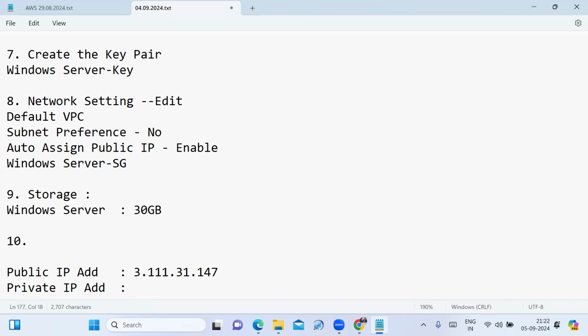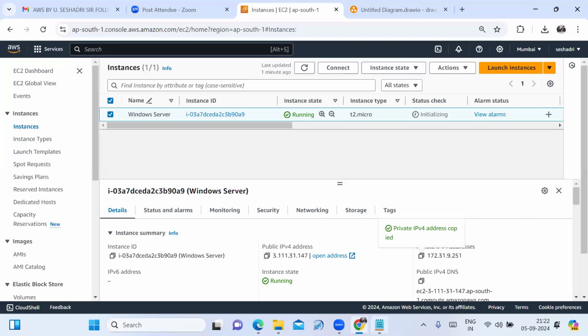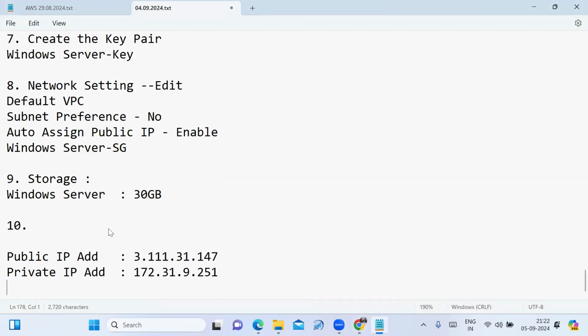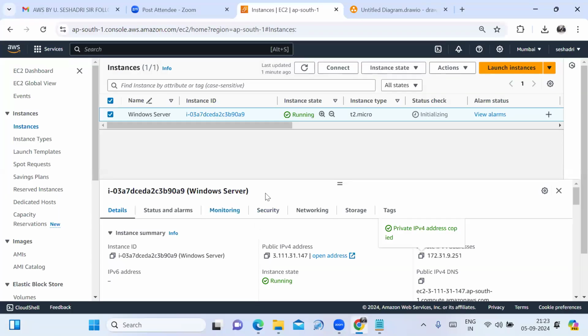This is my Windows machine private IP address. Paste it here, friends. Fine. Finally, we have to launch the instance. Launch the instance, friends. I can note down the public IP address and private IP address.